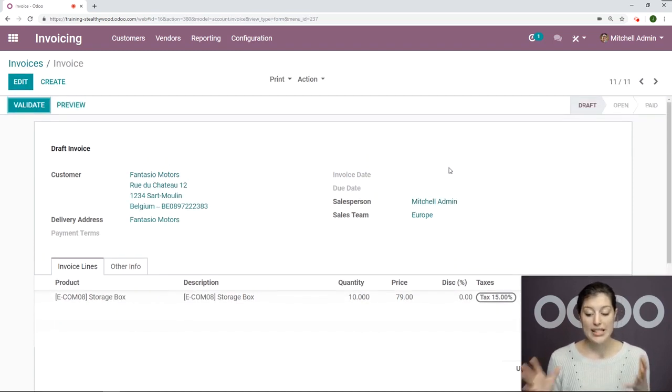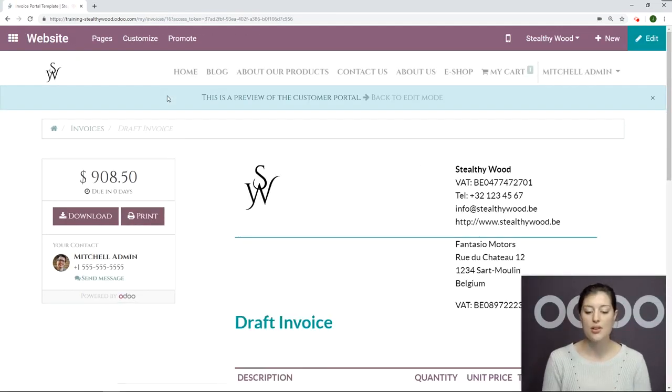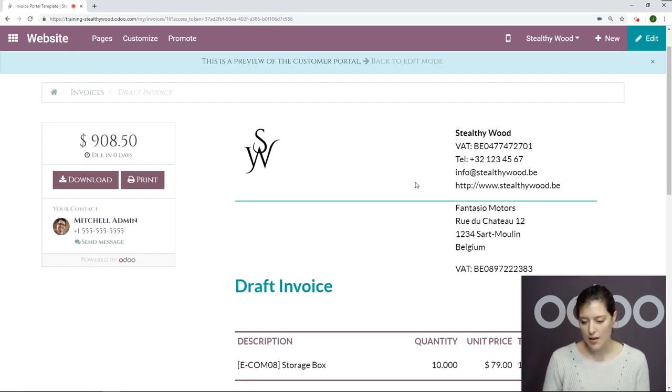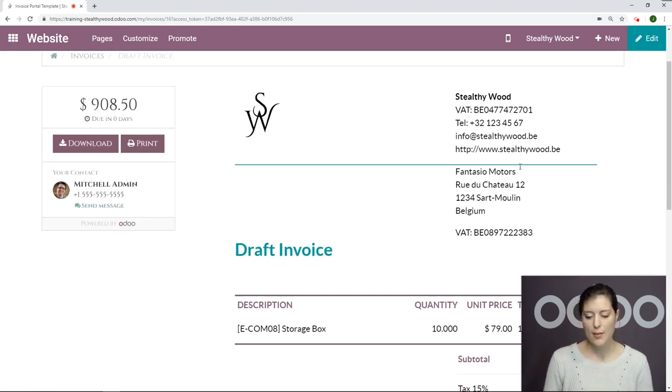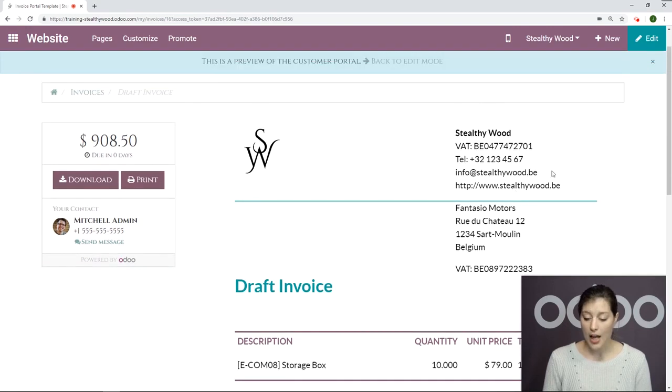Now, once we save the invoice, we can preview it right away. When we click on preview, we're going to see the preview from the customer's perspective. So this will be a preview of the customer portal. As you can see, we have all of the information. I have my logo, I have my company information that we were sure that we set correctly, including